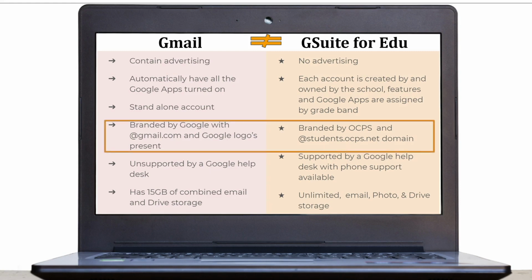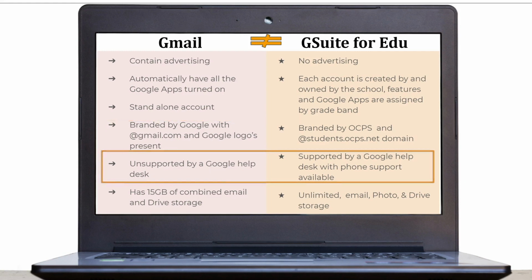Another important difference is that the Gmail account that you might use at home has the @gmail.com and Google logo on every account, whereas our accounts are branded by OCPS and have the @students.ocps.net domain and the OCPS logo. Personal Gmail accounts are also unsupported by a Google Help Desk. You are on your own if you need help.